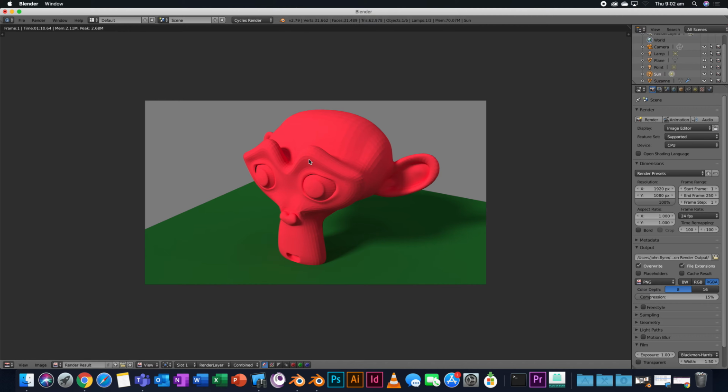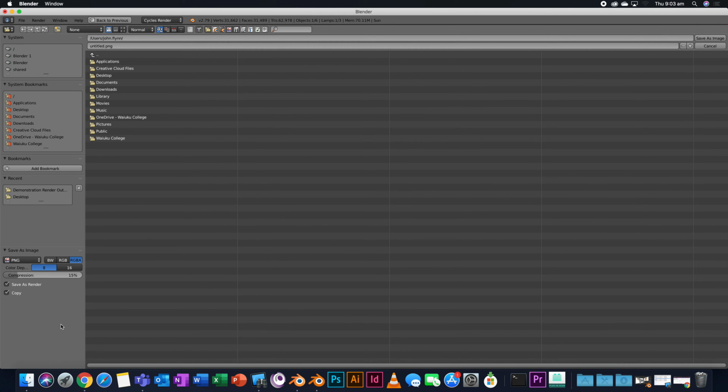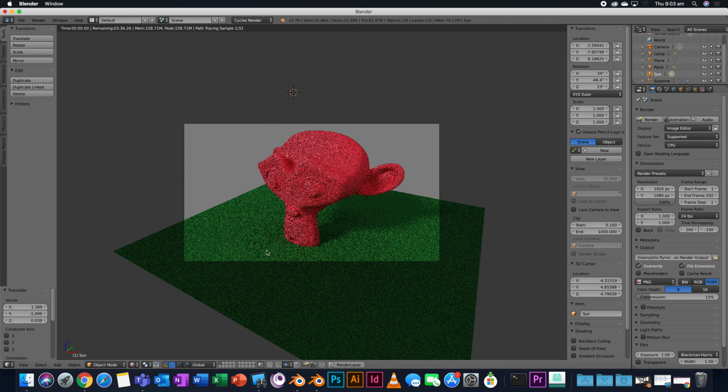So there's my render done. It hasn't saved to this location. It's not saved at all. I'm going to click image on the bottom left here and go save as image. Go to that place on my desk. The thing I'm going to do is I'm going to